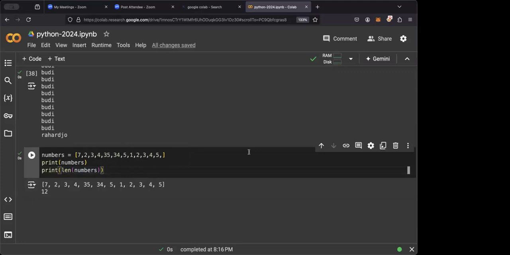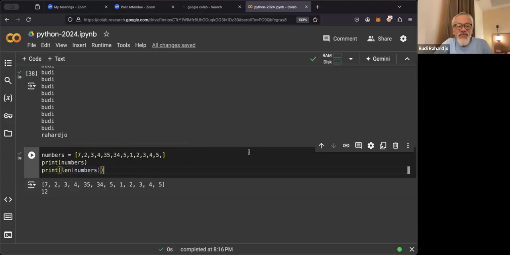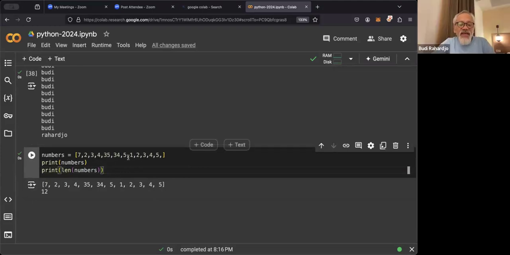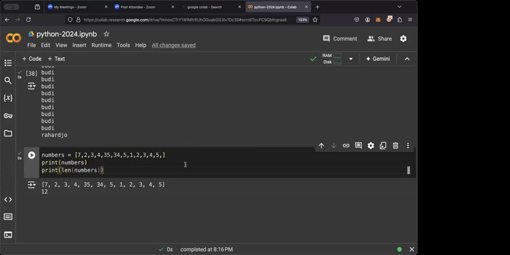Are there any questions? Even though the length is not complete, they can answer 12, Pak. I just want to check, Pak, if you delete the S in the variable numbers, how does it work?